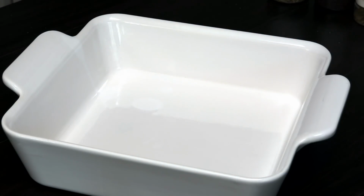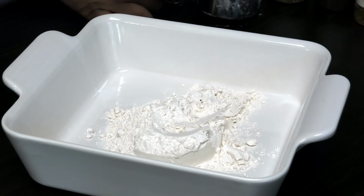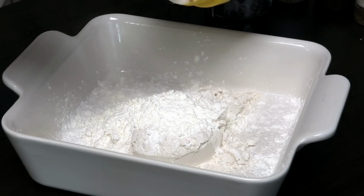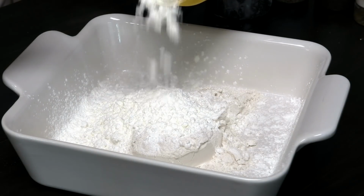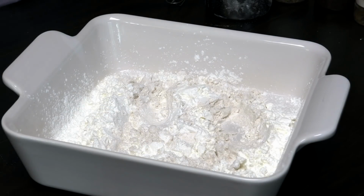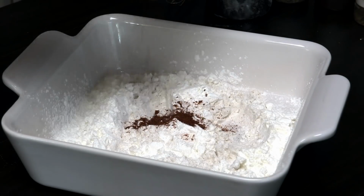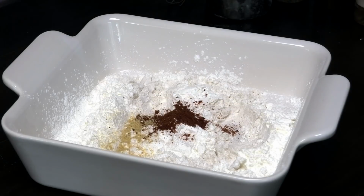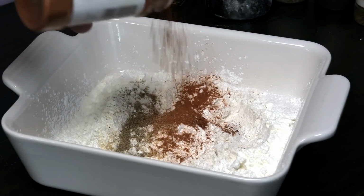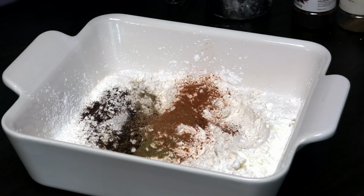Okay, our next step is to make our dry batter. So we're going to start with some flour and some cornstarch. The cornstarch is going to help give you that really delicious crunchy crust. And now we're going to mimic the flavors which we put into the chicken itself for it to marinate. So we're gonna go back with paprika, garlic powder, onion powder, celery salt, cayenne pepper powder, cumin powder, hot chili powder, and a little bit of that